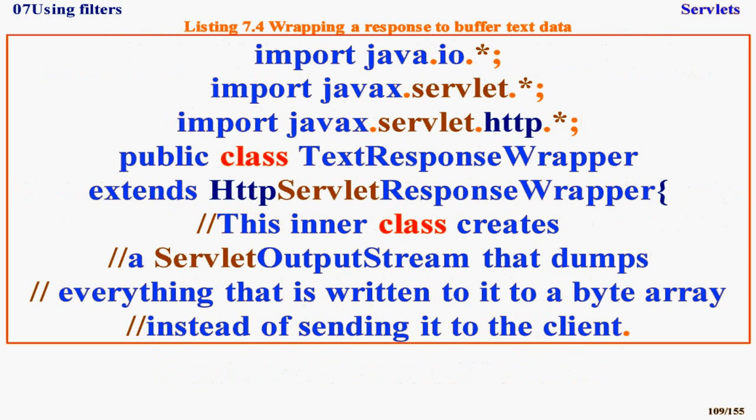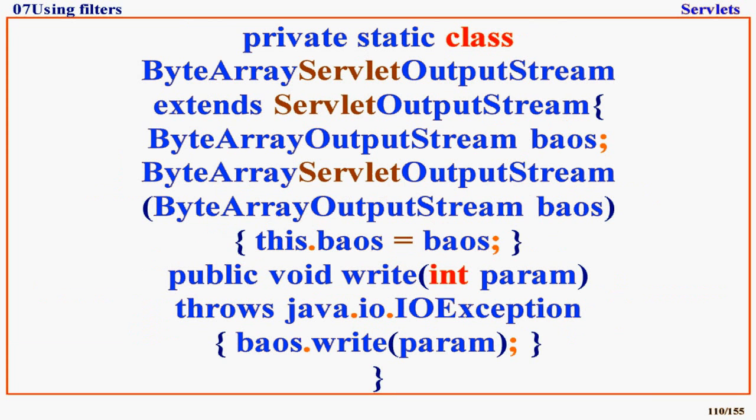Wrapping a response to buffer text data. import java.io.*; import javax.servlet.*; import javax.servlet.http.*; public class TextResponseWrapper extends HttpServletResponseWrapper { // This inner class creates a servlet output stream that dumps everything that is written to it to a byte array, instead of sending it to the client. private static class ByteArrayServletOutputStream extends ServletOutputStream {